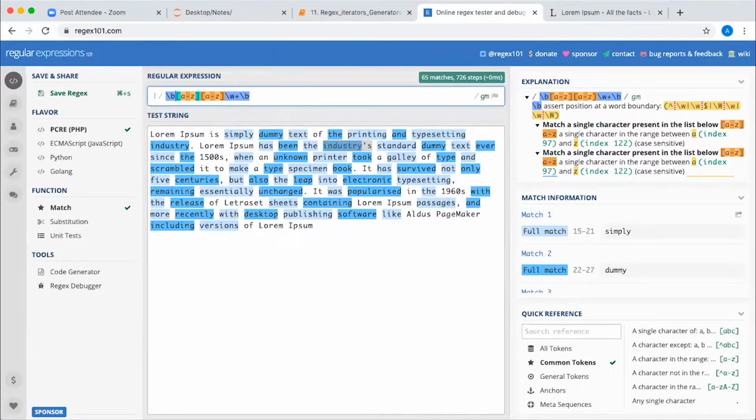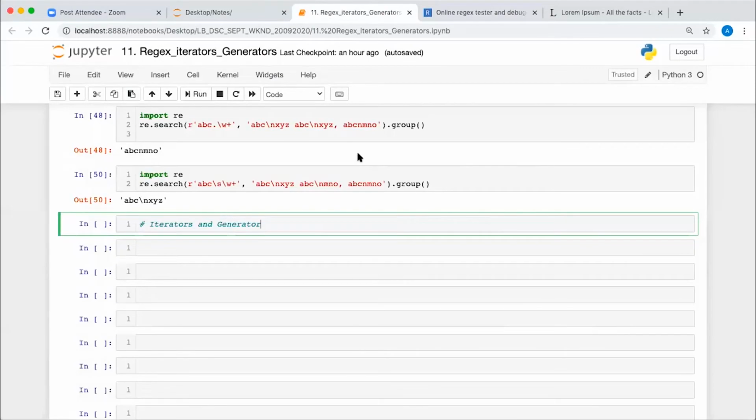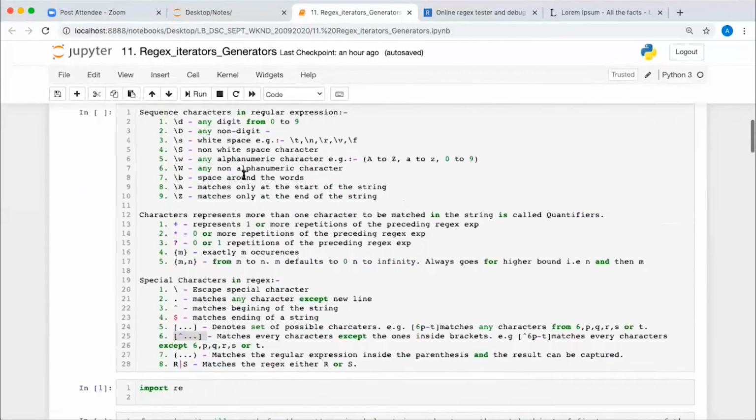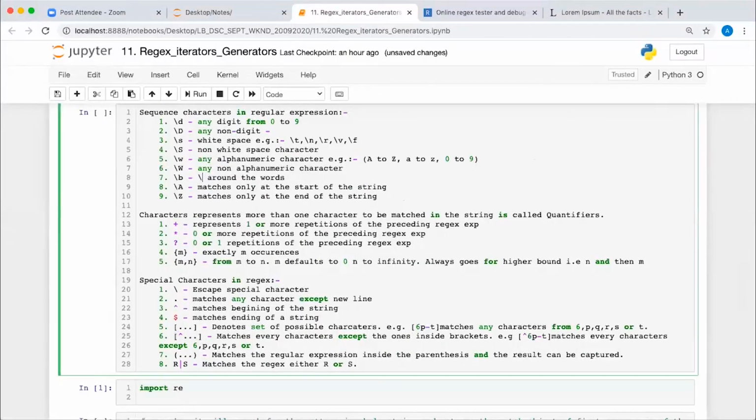Backslash b, Abhishek, simply means, can we mention it like a break in the word or something like that? Yeah, that's what I'm saying. So it's a break, it's not a space. I think I had written that in the beginning, but I have deleted it. Not a space around the words. It should be individual words, I can say. But still, if you are saying individual words, what the individual word means to you is not the same for the system.